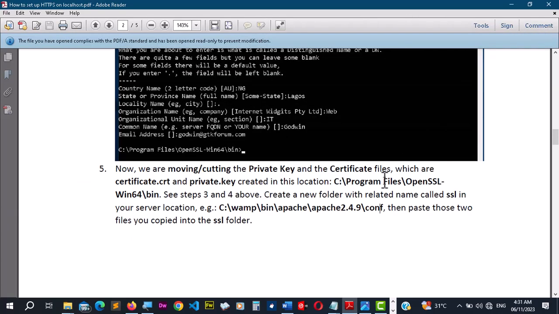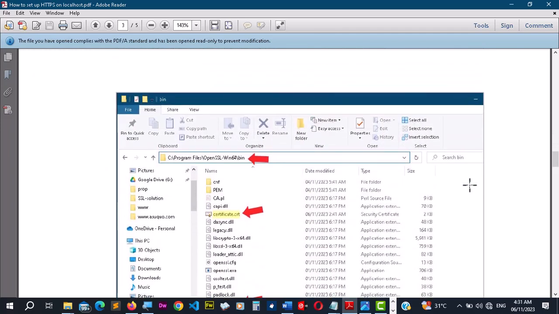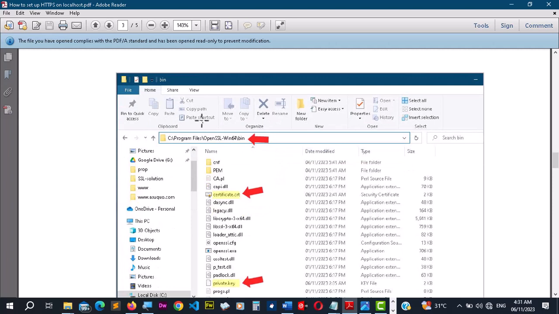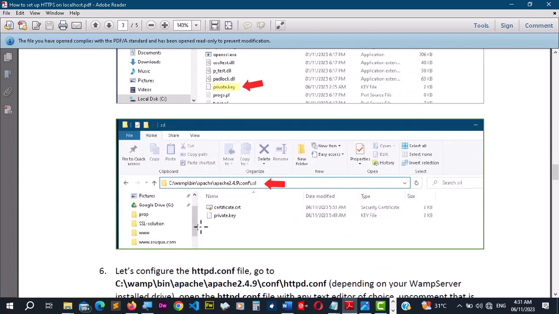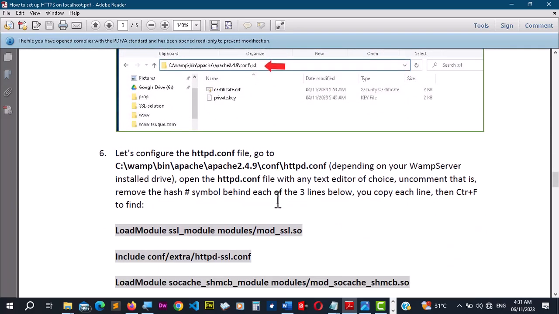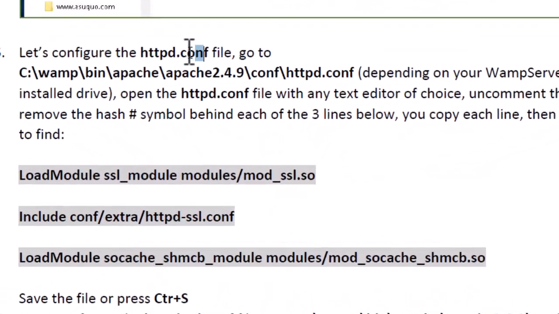Okay, so let's go back to the steps. We are done with step 5. You scroll down to step 6. So these are the screenshots of the certificate we created and where we moved it to. Then step 6 says we are going to configure this file, httpd.conf, that's the configuration. So we move to this location